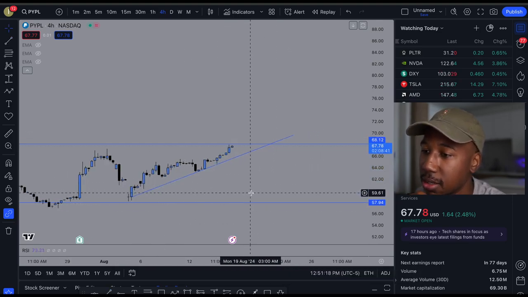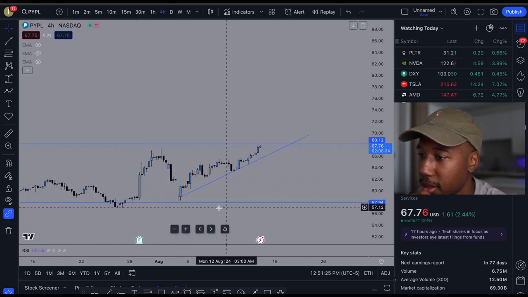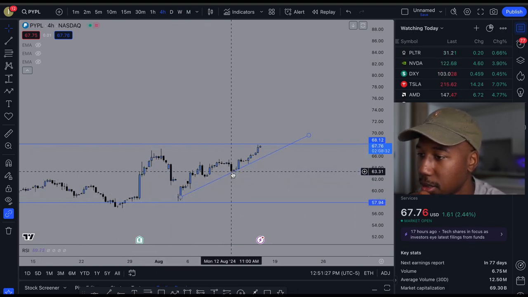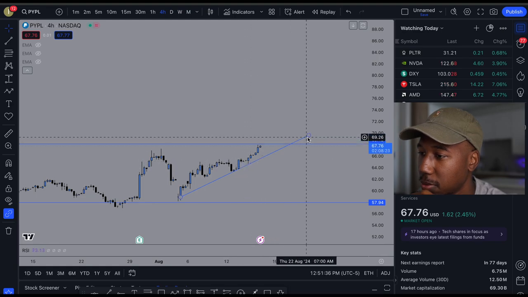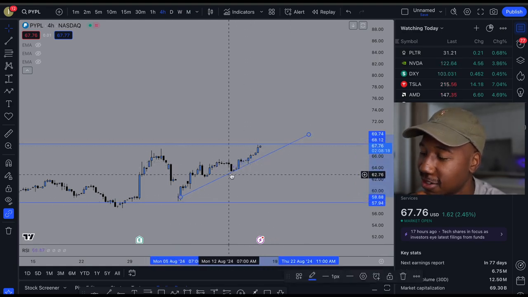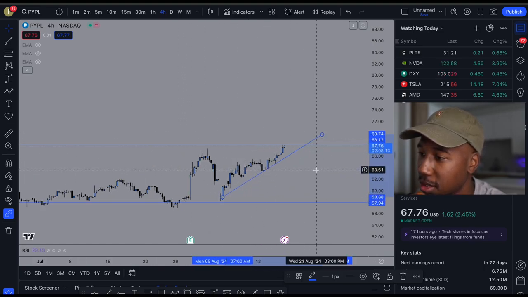So you can see we get a touch here, we get a touch here, we get another touch here, and it just slides up here. And then we come and pretty much touch it again right here. Maybe if I move it up a little like that, you can see this trend line is being respected. So now,